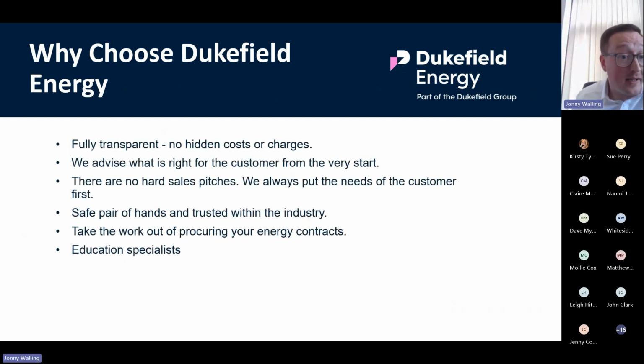Why choose Dukefield Energy? The key one for us is the first two bullet points. I would say we're fully transparent. There's no hidden costs or charges. We collect our commission by way of rebate directly from the supplier, so you don't need to pay us anything directly. We'll always advise what that commission rate is